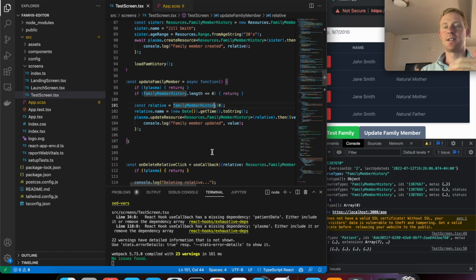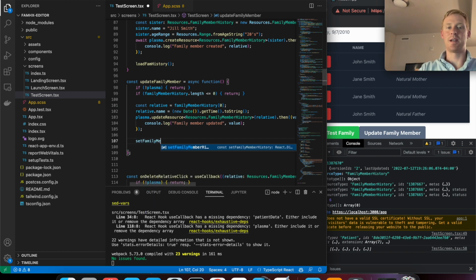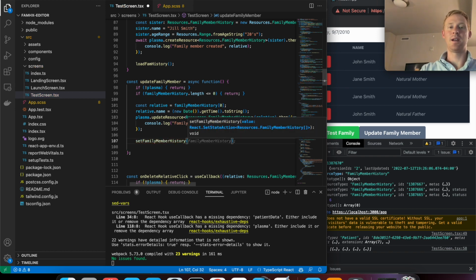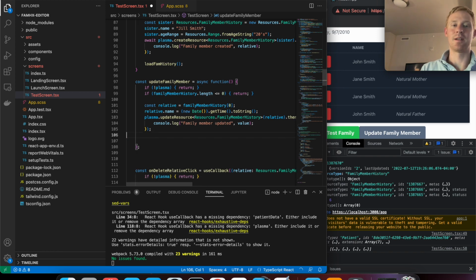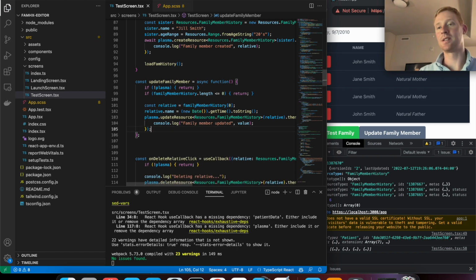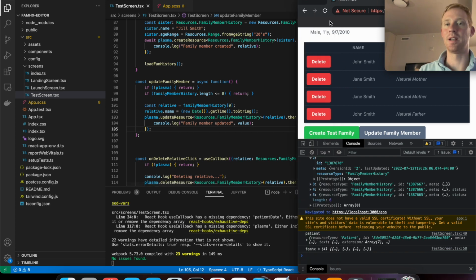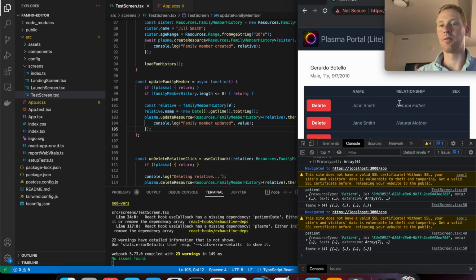Okay, and once again, it's not doing the refresh. There's kind of 2 steps now. We need to do something on the FHIR server, and then we need to do something in the React state to update it. So what I really should be doing is something like set family member history, and then setting, you know, I don't know the syntax off the top of my head, but setting the state back to itself, except modifying this relative to have his new name updated. But since that is not happening, what we need to do instead is refresh,